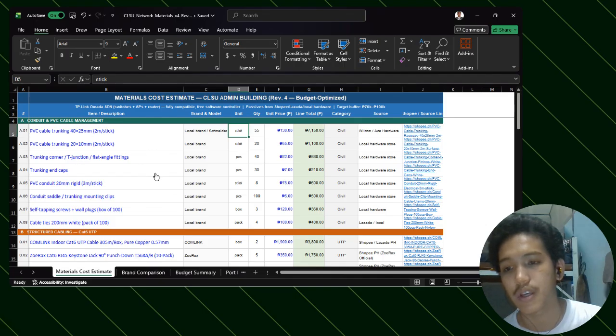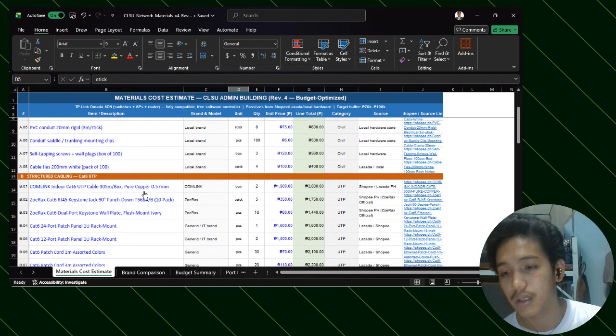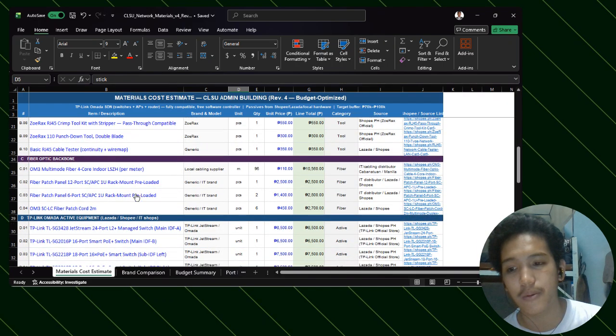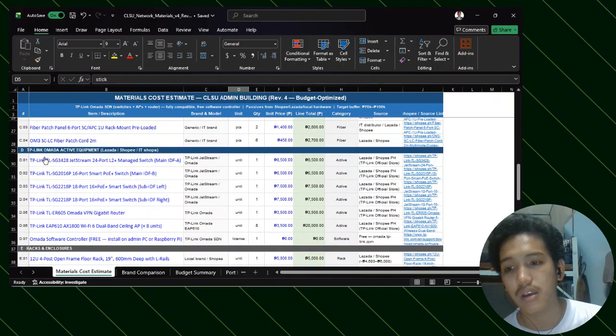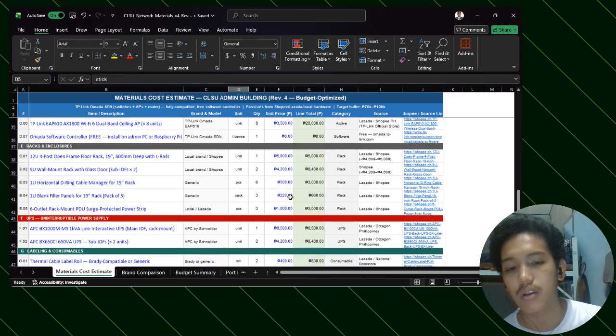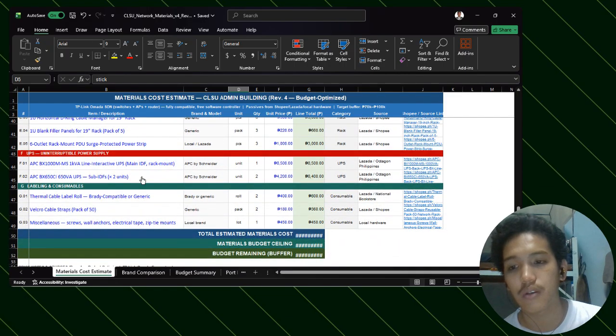The first part is the cable management category, the structured cabling category, the optic backbone, and the TP-Link environment for the rack. The next part is the main rack essentials, the power supplies, and UPS. Then the labeling and consumables for the entire setup.